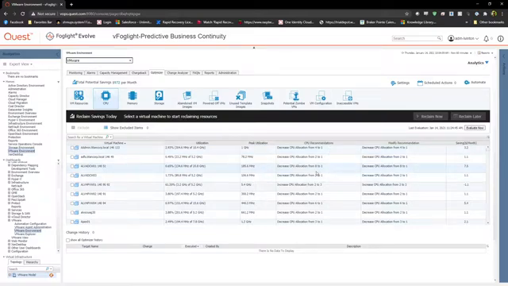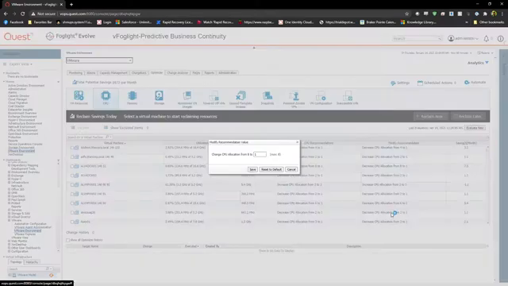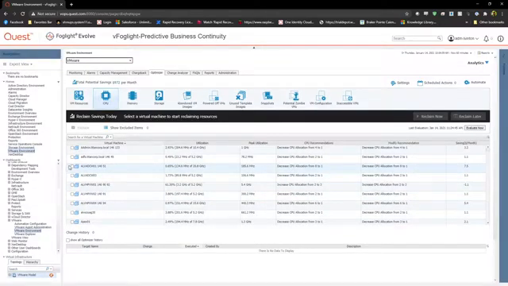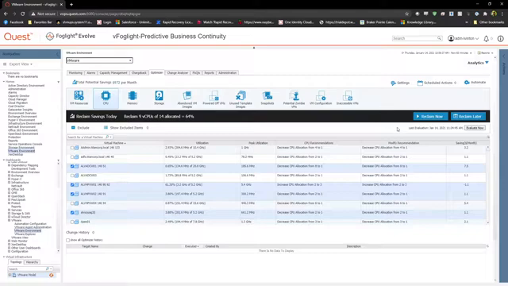So if a customer wants to go in, like this one right here, it's saying drop the CPU count from 8 to 1. Now that's a pretty drastic drop. They can actually go in here and customize the change. So instead of dropping from 8 CPUs to 1, let's say from 8 CPUs down to 4. And then I would hit save. And then after you've gone through and selected the VMs that you want resized, you can hit reclaim now.